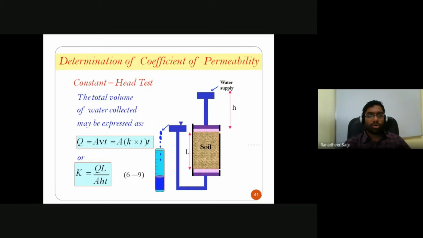Okay. So all these particular data are known. So the only unknown you have is your coefficient of permeability, which you can calculate for the soil sample that is used in the test. And the type of soil sample we are using in this test is a coarse grained soil. In the case of coarse grained soil, you have relatively large void space existing, so the rate of flow happening through the coarse grained soil is relatively high.